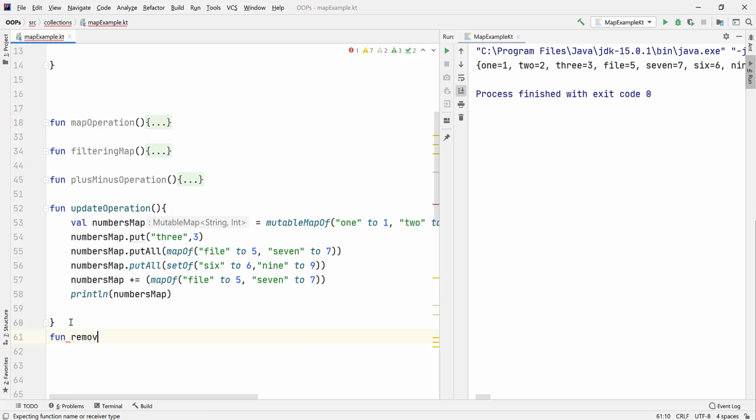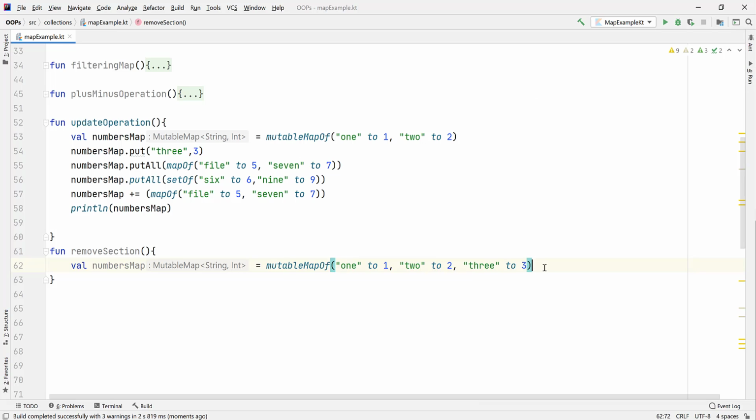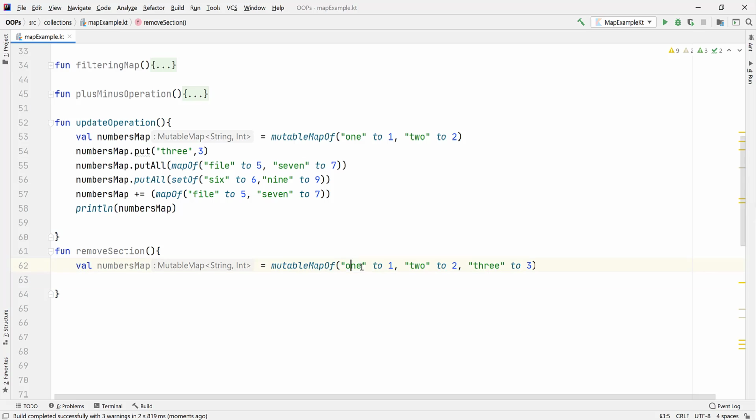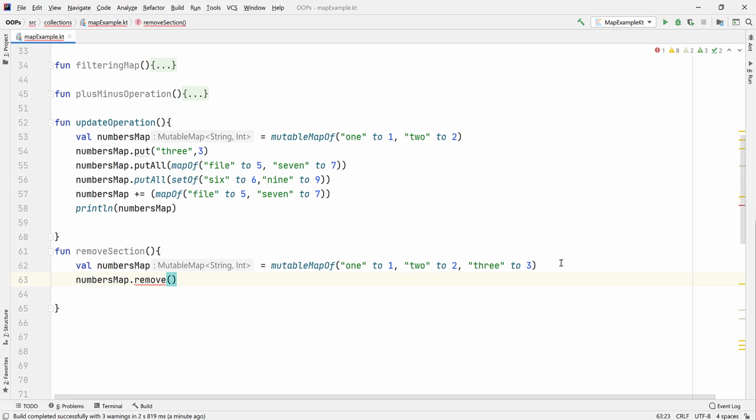Function remove section, and I want to create a new map for this section, and this map will be again 1, 2, 3 because it is a simple one. This 1, 2, 3 we have is a list, and now I want to remove this one, and if I use this one, it should remove this key value pair. How can I remove? We can remove like numbersMap dot, simply using the remove function. The remove function only takes one key, or sometimes it takes the value also. For example, if I specify the 1,